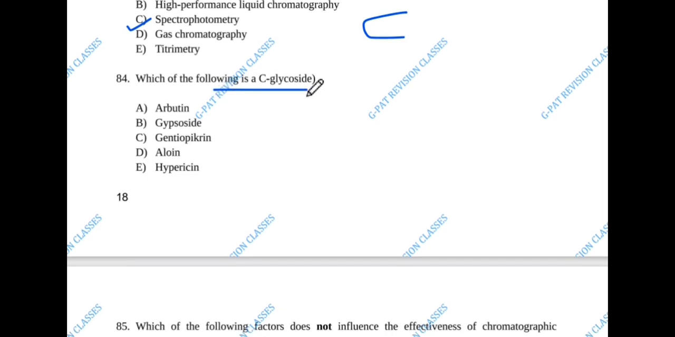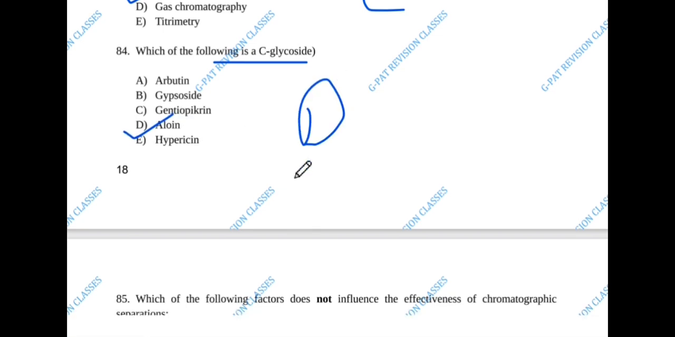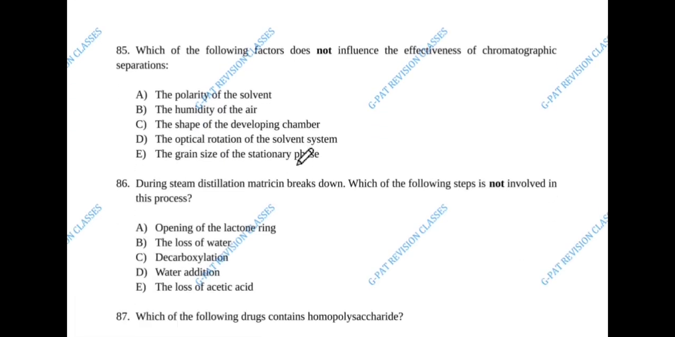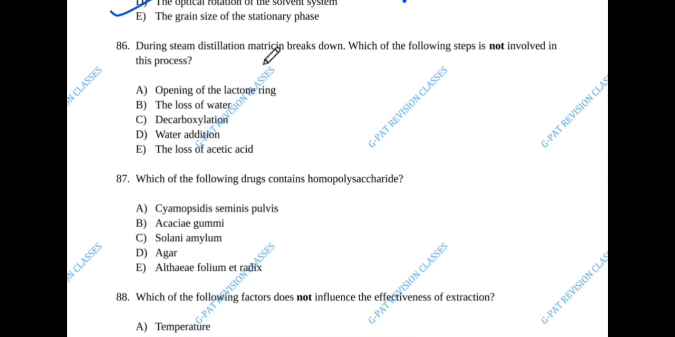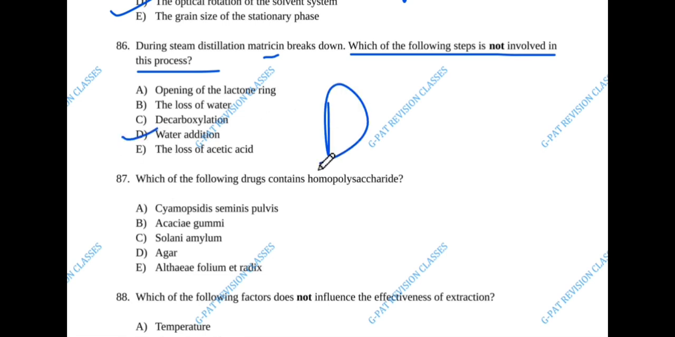Which of the following is the C glycoside? The answer is D. Aloin. Next is 85 question number. Which of the following factor does not influence the effectiveness of chromatographic separation? The answer is D. The optical rotation of the solvent system. Next is 86 question number. During steam distillation matricine breakdown, which of the following step is not involved in this process? The answer is D. Water addition. Next is